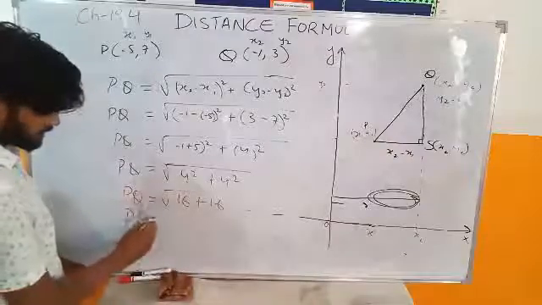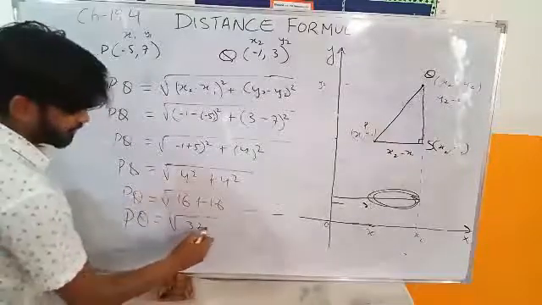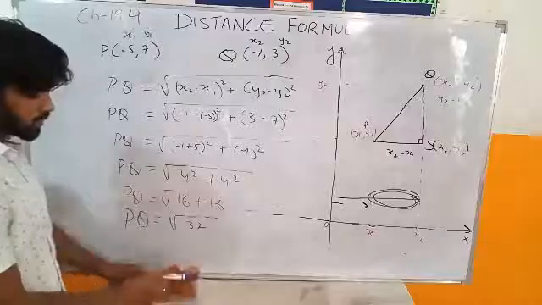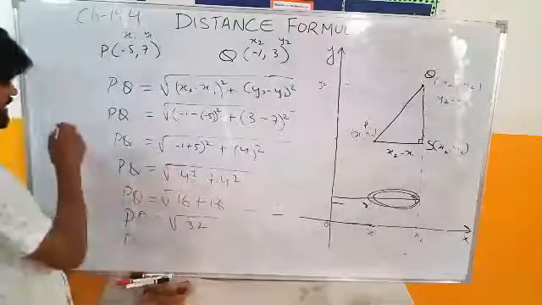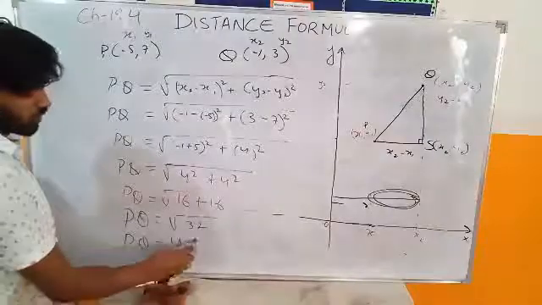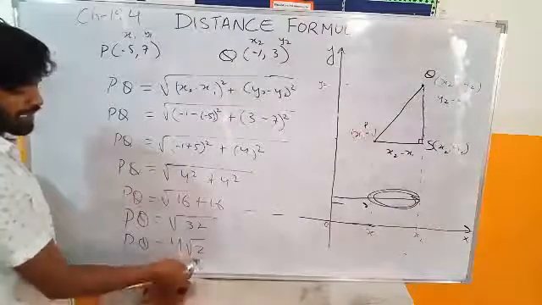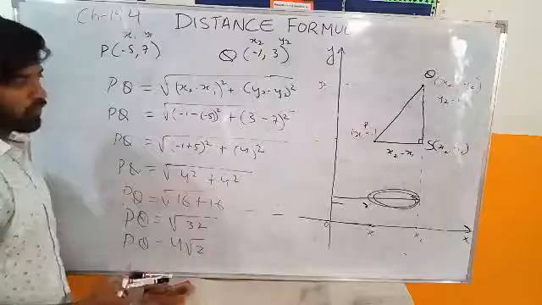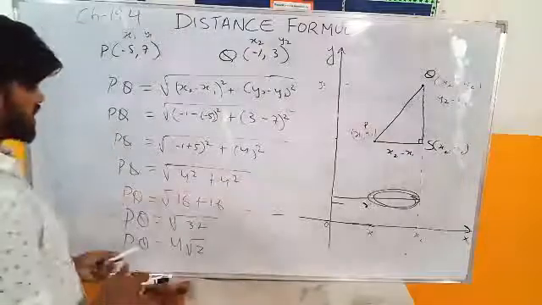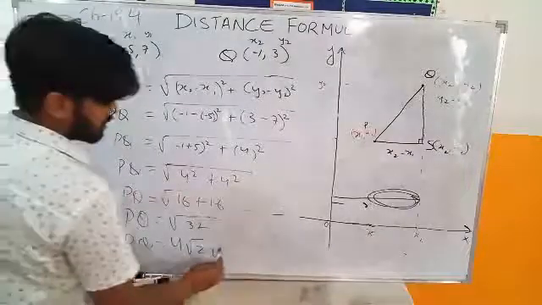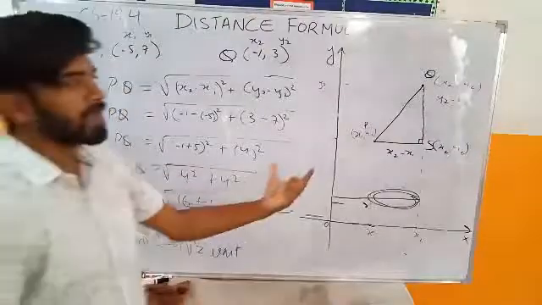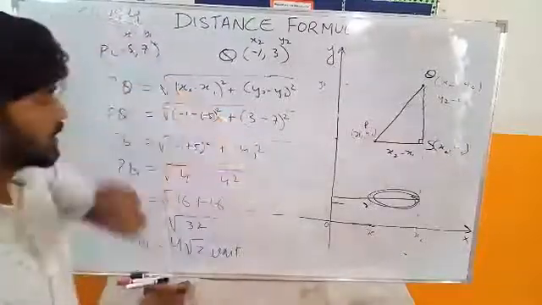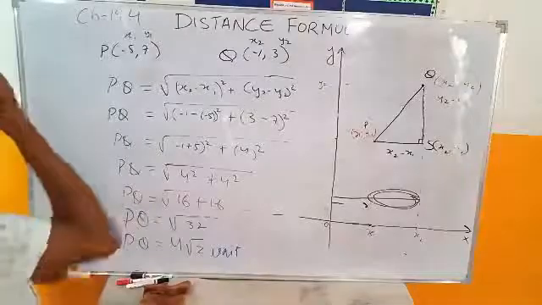And then PQ equals root 32. When PQ equals root 32, you can bring it out by doing prime factorization. You'll see that it's 4 root 2. The 2 cannot come out, so that's why it's inside the root. Your answer is 4 root 2. So that's how you find the distance in units. There is no centimeter in this. We always measure them by units, especially in coordinate geometry.